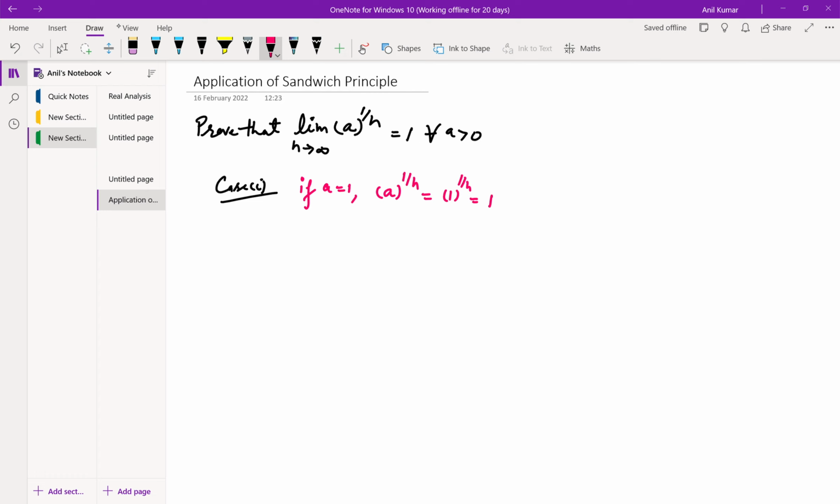And the limit of this sequence a raised to the power 1 by n as n tends to infinity is nothing but the limit of 1 as n tends to infinity, so this is independent of n, so it will be 1. Case second,